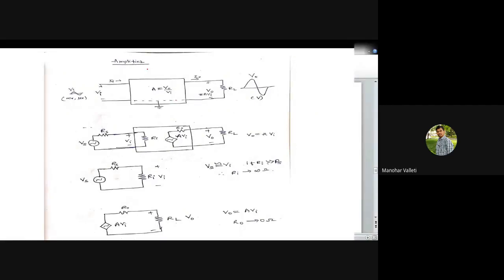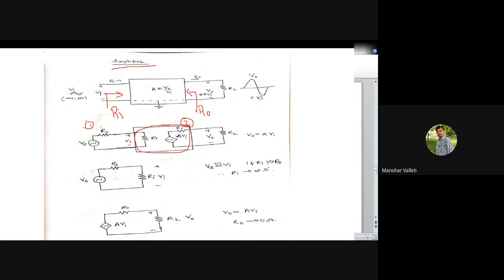Whatever we discussed, if you see here in this slide, the amplifier has the input resistance here and the output resistance shown like this. Inside the box is the equivalent circuit of the voltage amplifier. Please take the previous examples 1 and 2, where I considered this as circuit 1 and this as circuit 2, and explained.